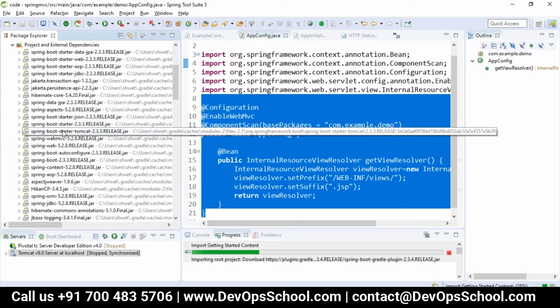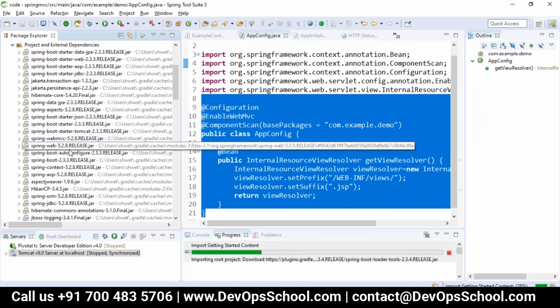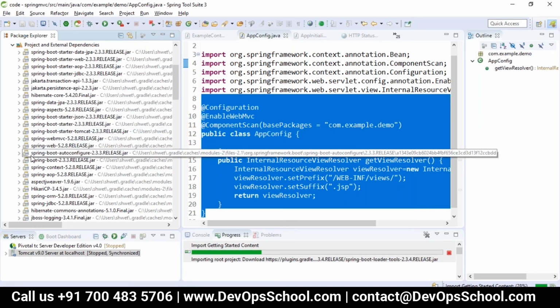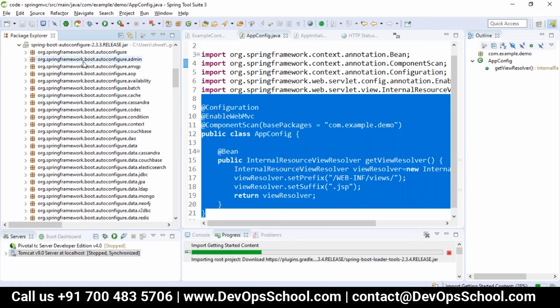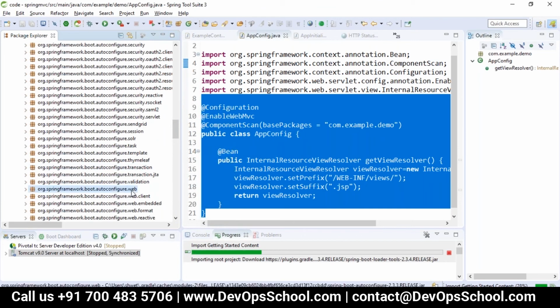It internally has the Spring Boot starter Tomcat, so the Tomcat server, which is already present, will be taken care of. And as I already told you, Spring Boot Auto Configure is there. If you go to Spring Boot Auto Configure, you can look for the Spring Framework Boot Auto Configure web package.